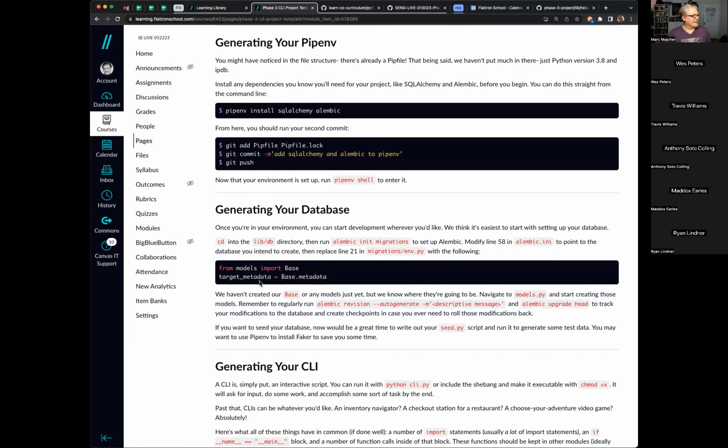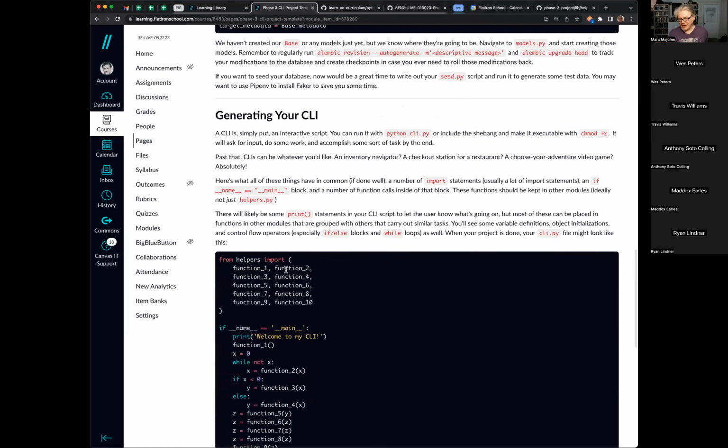The cool thing about the way this is organized is that, like Wes was asking, your database models are all completely separate from your application. So you set up your models with SQLAlchemy, and they don't care if they're being used in a CLI app or a